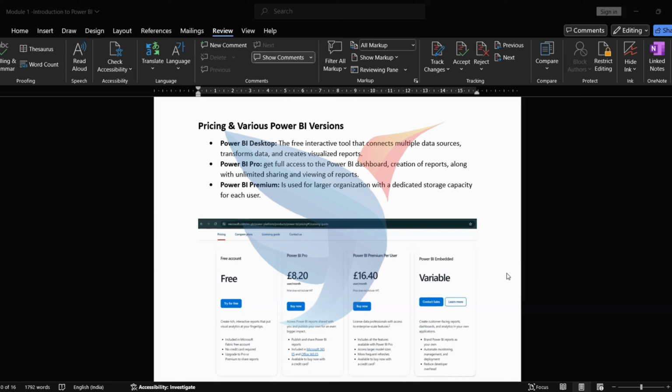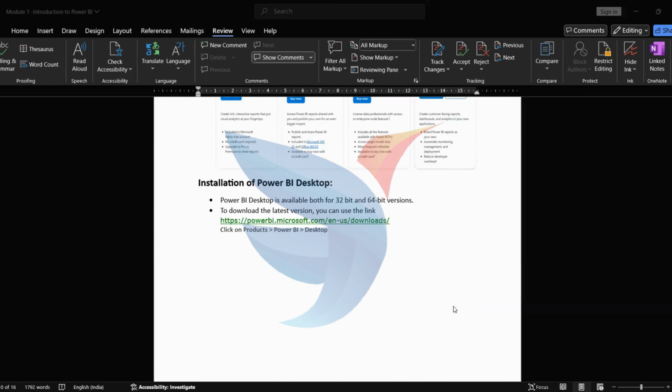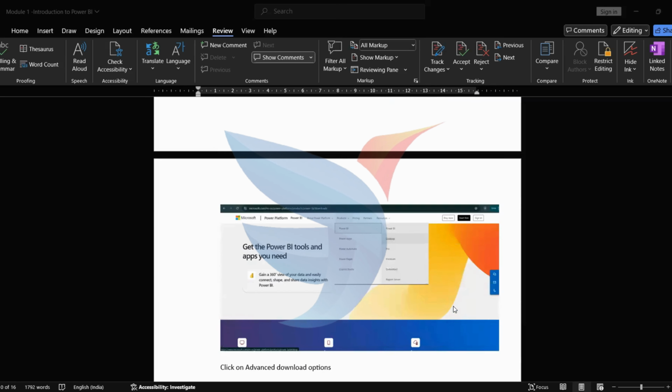So let's see the other topic, how the installation process of Power BI goes. First you need to go to the website, or you can just go to Google and click on the Power BI Microsoft.com. Once you get the page, you can click here. Once you go into Microsoft.com, you can see the pages in the product base,